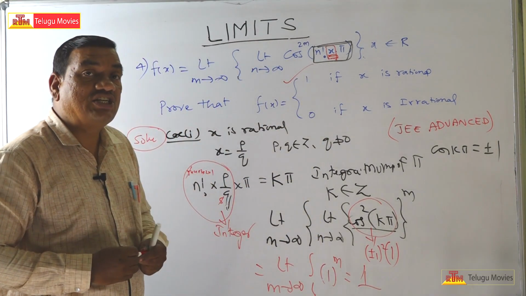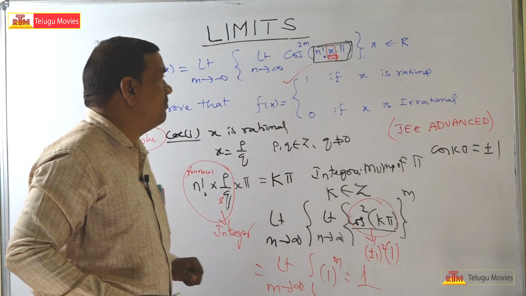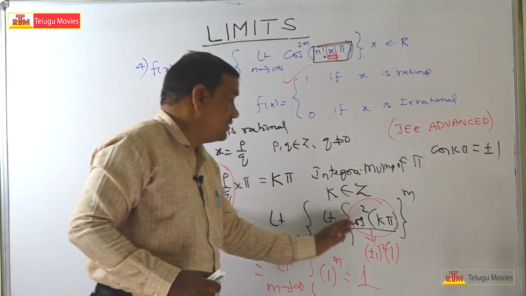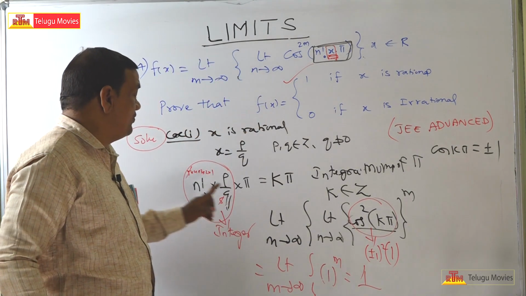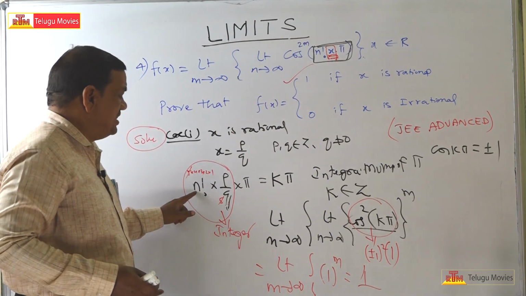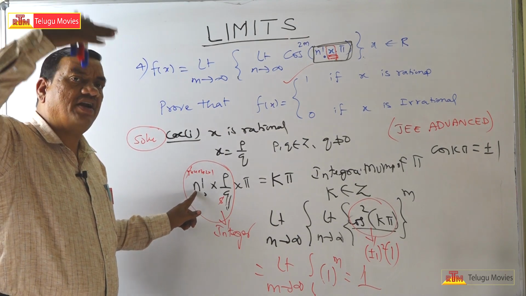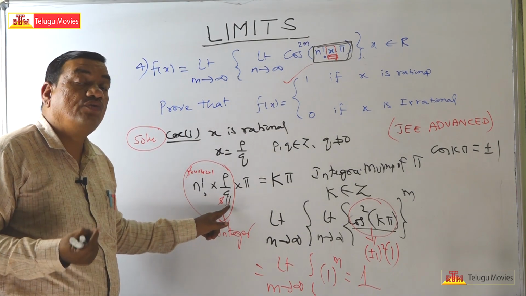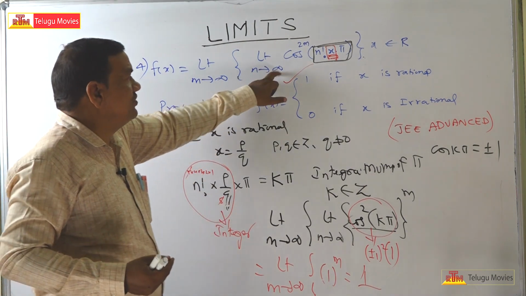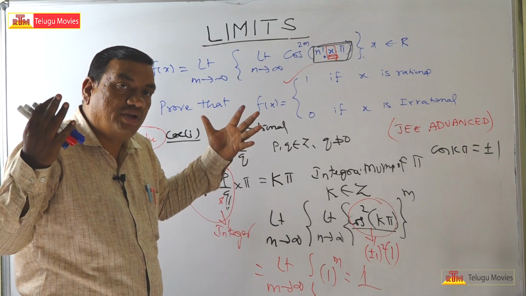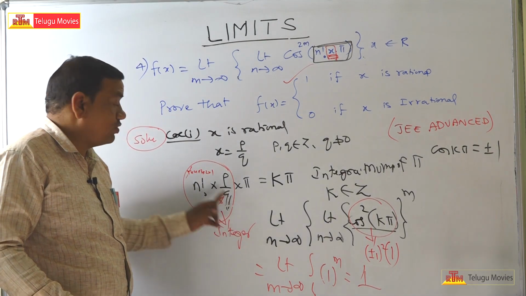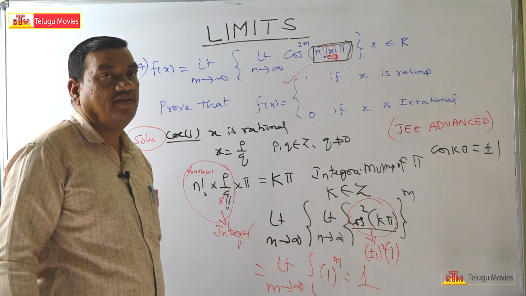So, when x is a rational number, then this is the process you will get. As n tends to infinity, as n goes on increasing, here it is given n tends to infinity, that means as long as you take 100 factorial, we can take one q value such that it can be cancelled. You can cancel with that. In fact, if you take 1000 factorial, 1000 into 999 into like that, some 1000 will get cancelled. Therefore, you will get an integral factor,